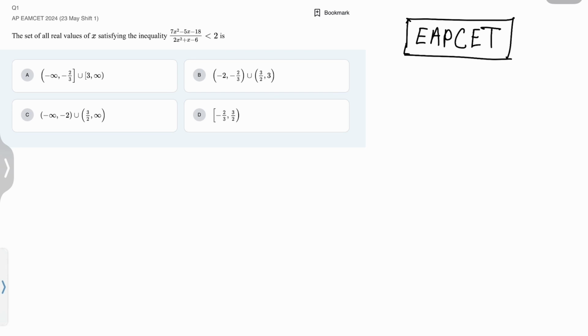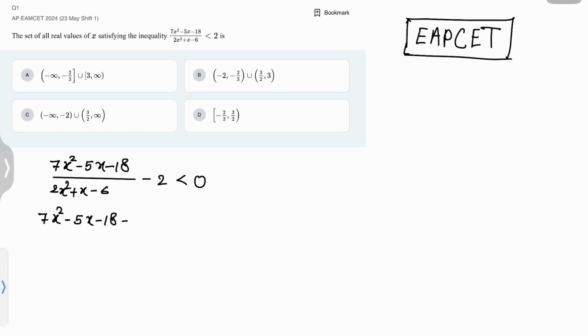First question. Given a question, the set of all the real values of x that satisfy the inequality. The inequality given is (7x square minus 5x minus 18) divided by (2x square plus x minus 6). Suppose the 2 is shifted to the left side, then it is less than or equal to 0, right? Then take the LCM, 2x square plus x minus 6, and subtract that. So 7x square minus 5x minus 18, and 2 multiplied gives 4x square, and subtract,